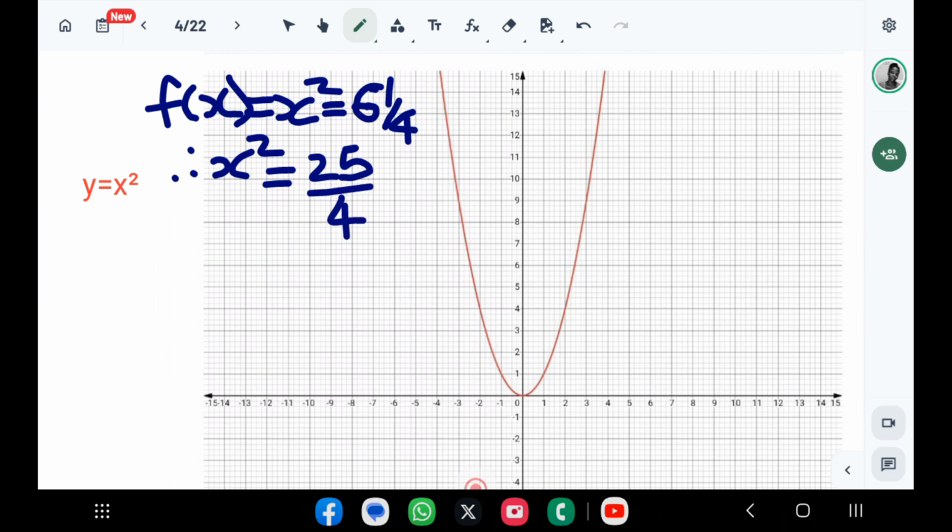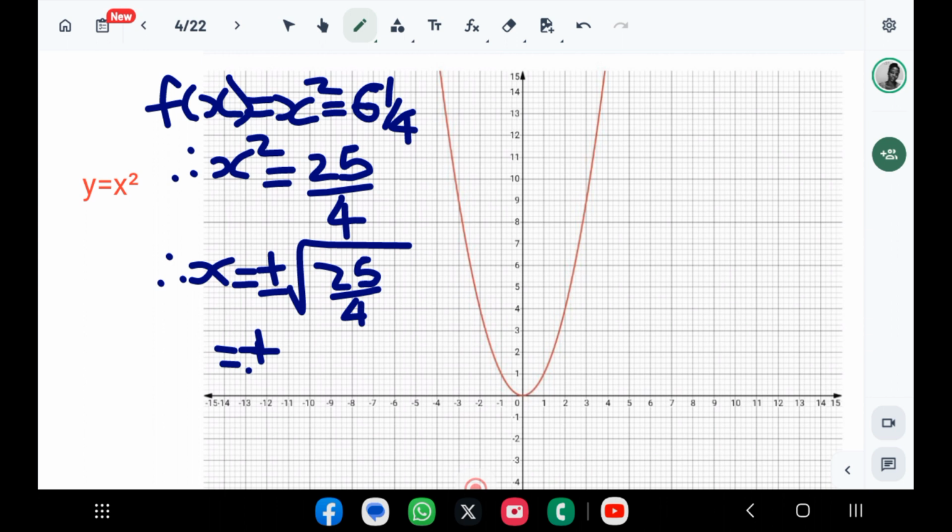25 is the square of 5 and 4 is the square of 2. So that makes it easy for us to find our x. Our x equals plus or minus the square root of 25 over 4, which is equal to plus or minus 5 over 2, which is equal to 2½. Now, according to the graph, at 2½ we should be able to